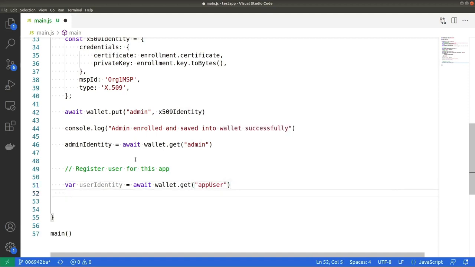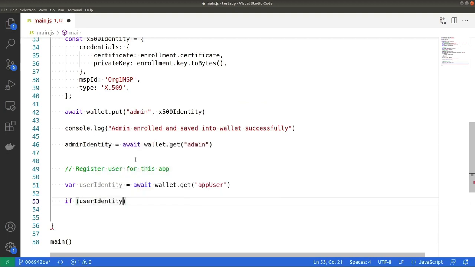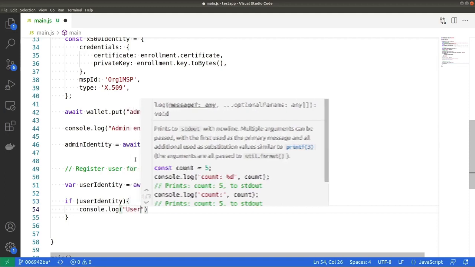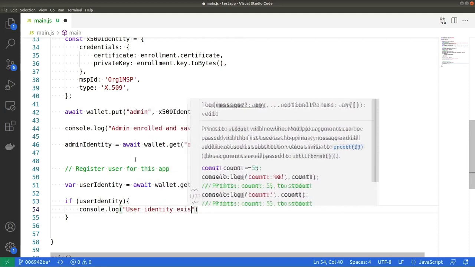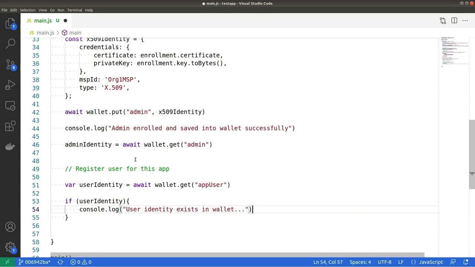Of course, at first the wallet will be empty and it will not have this app user identity, so this if userIdentity check will fail. If it exists, we can say user identity exists, otherwise in the else we can start getting the identity and saving it into the wallet. So, else